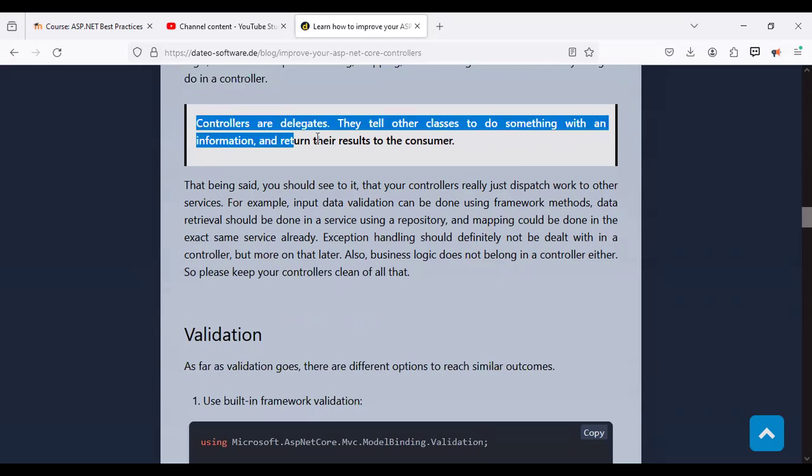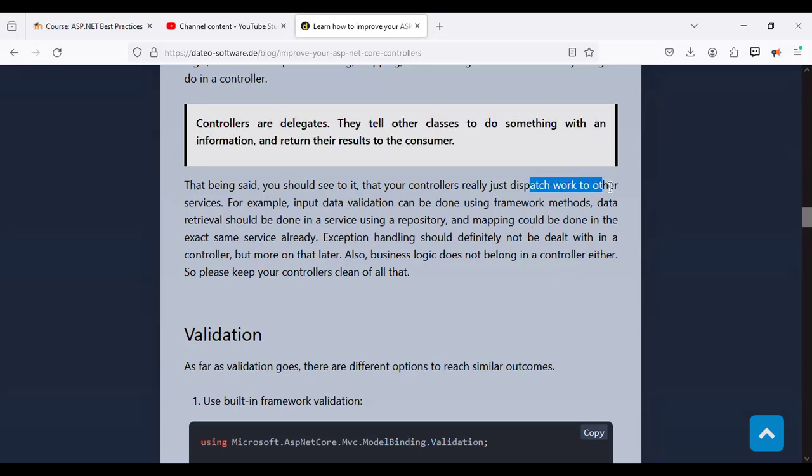Controllers are delegates that tell other classes to do something. They are just distributors, distributing the task to the other components. It's like waiters. They are not creating the food. They are just transferring food from the kitchen to the table and from the table to the kitchen. That being said, you should see to it that your controllers really just dispatch work to the other